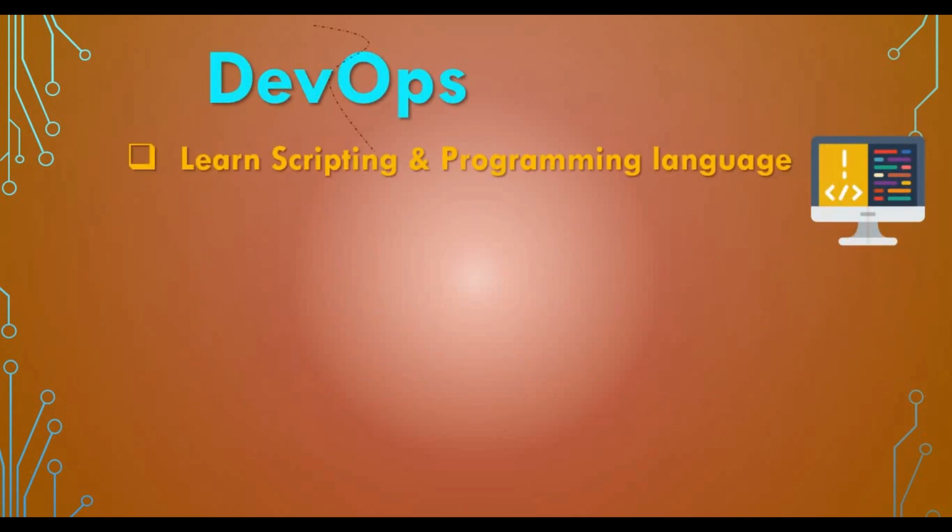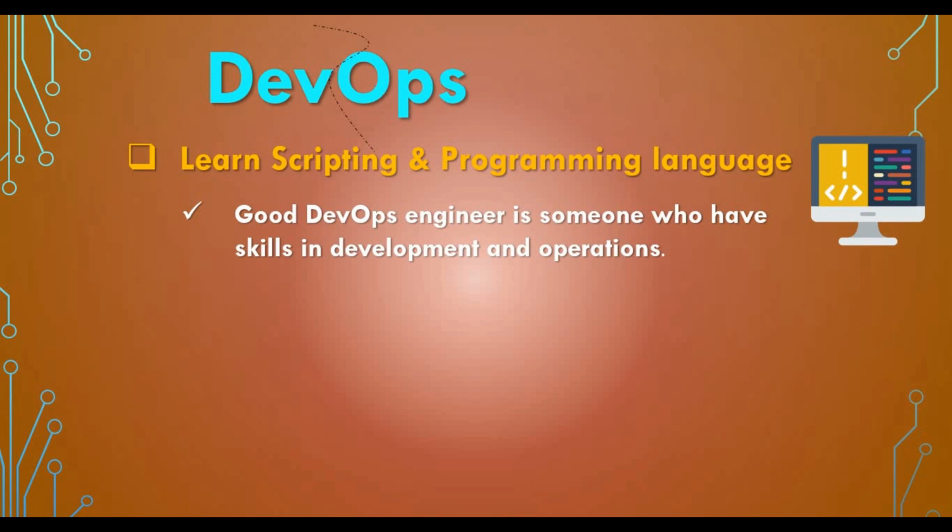Now moving on to the next thing, if you are done from that side, this is really critical, because you need to have scripting or programming language skill. This is really important for a DevOps engineer. Maybe I would say not as a programming language, because you may not be developing an application, you're not going to develop something in C, C++ or anything. But if you want to be a good DevOps engineer, you need to have both the development and operation skills.